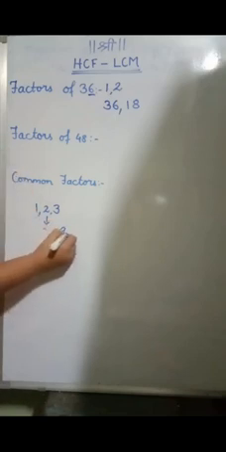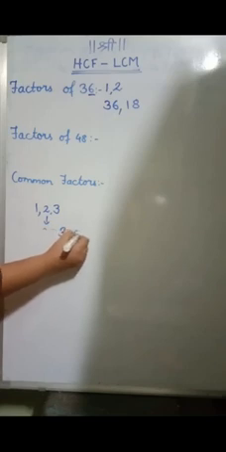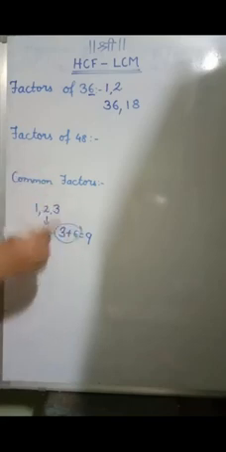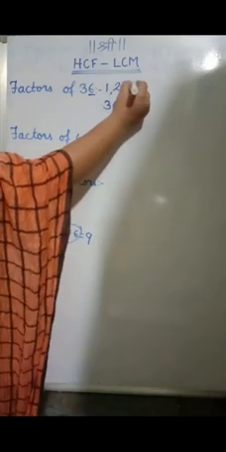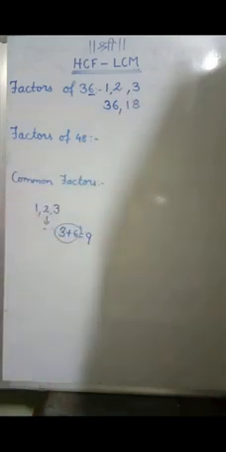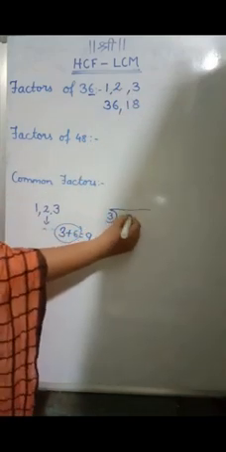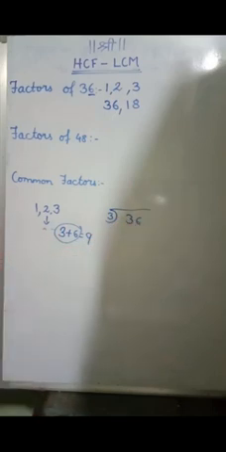So 36, no? So 3 plus 6, what is that? 9. Is 9 coming in 3's table? Yes, then surely 36 will also come in 3's table. So the next factor is 3. Now we'll just divide by 3 and see, okay? We know it is a factor, so the remainder will come 0 only.